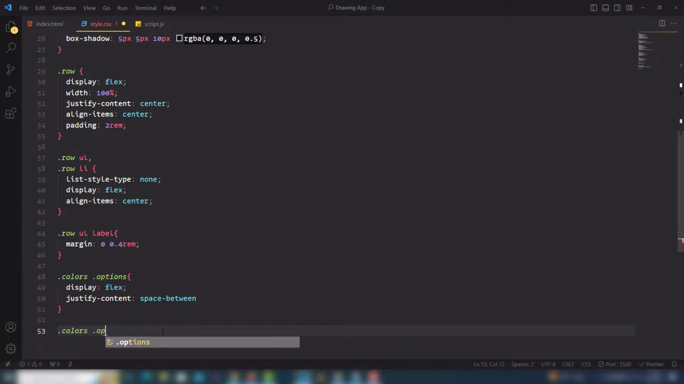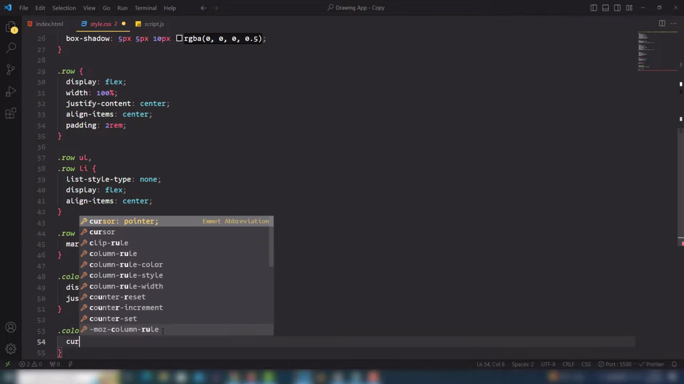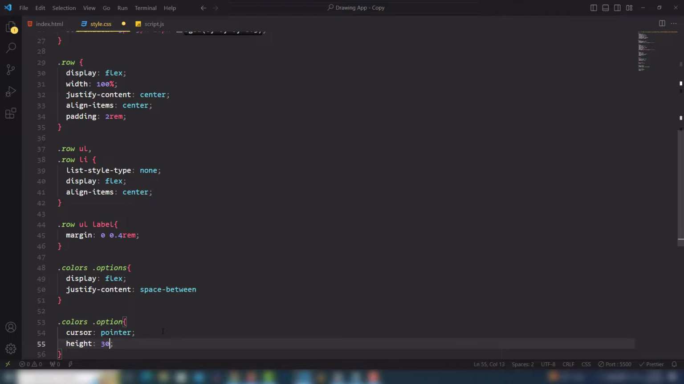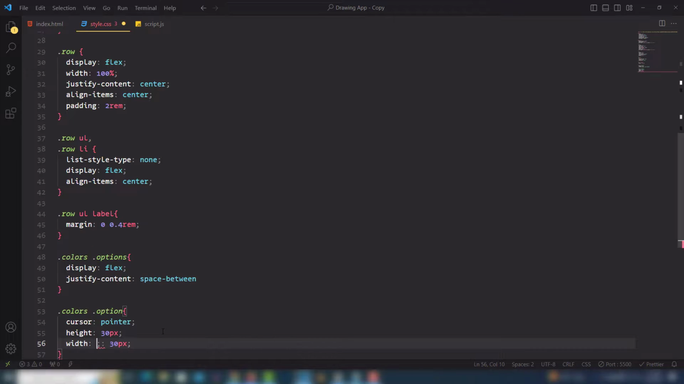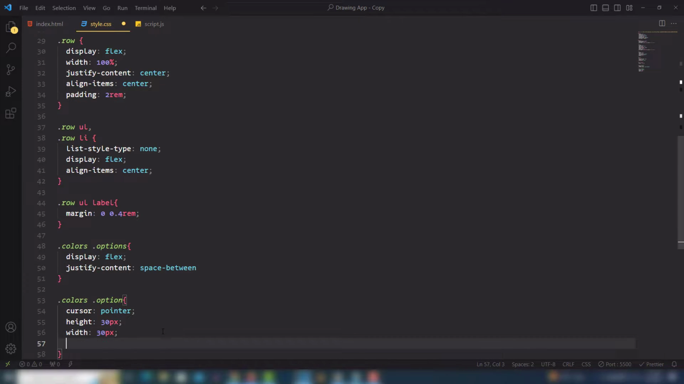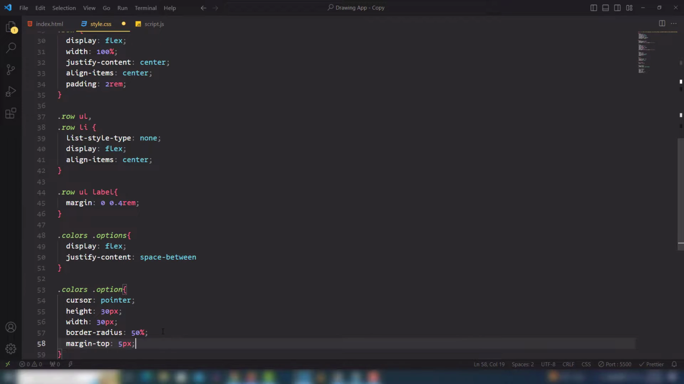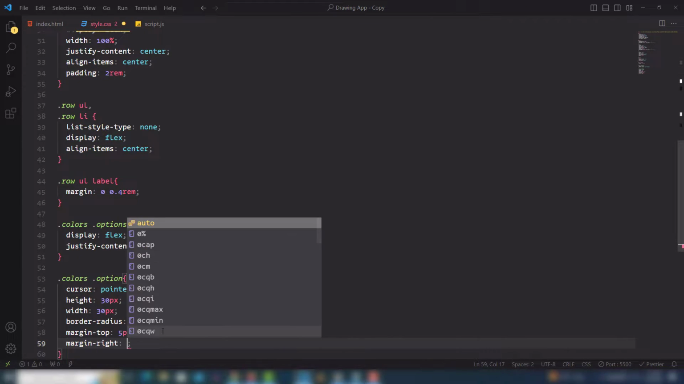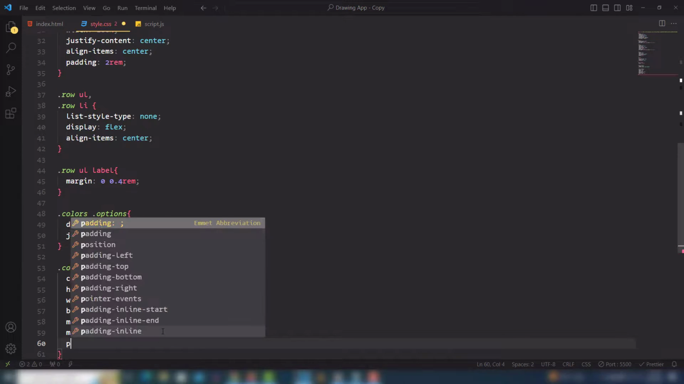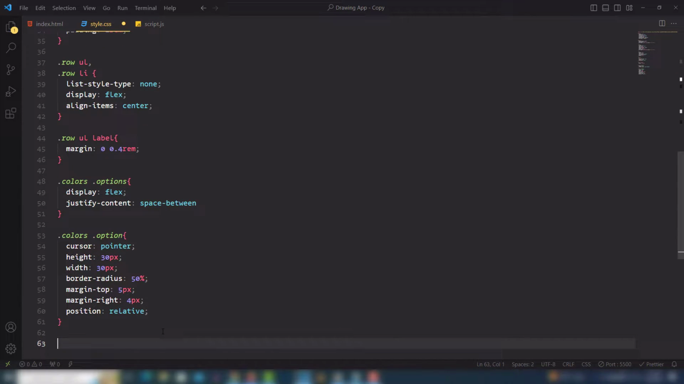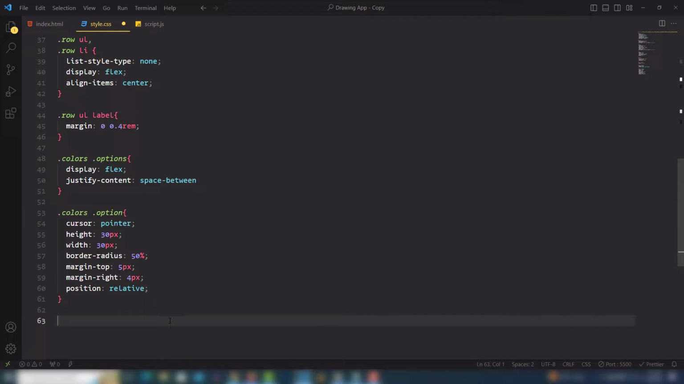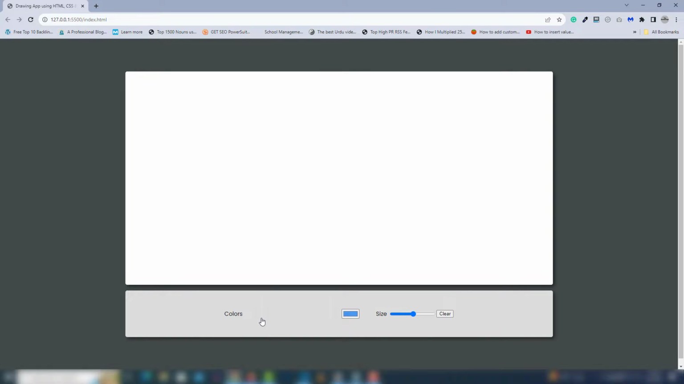option, right? And for the option I need to use cursor pointer, and height is 30 pixel, not 300 pixel. Width also 30 pixel, and border radius 50%, margin top 5 pixel to make a space, margin right 4 pixel first, and I will use position relative because I will select that as a pseudo selector and child. So in a minute, first we're going to save it, and you can't see anything else inside there